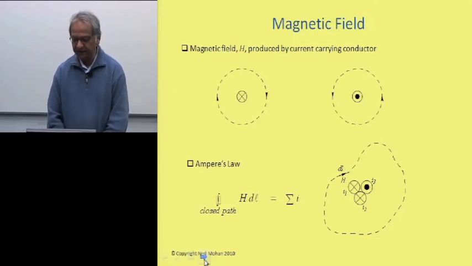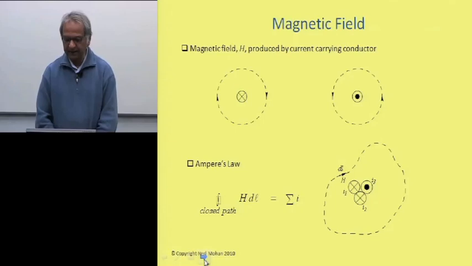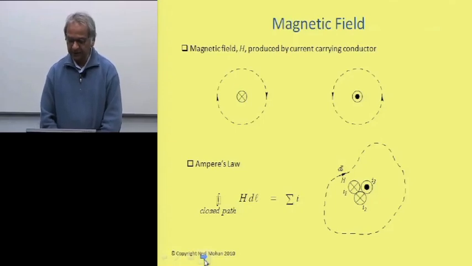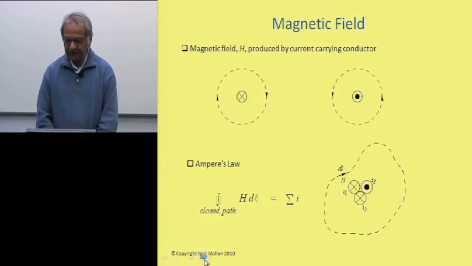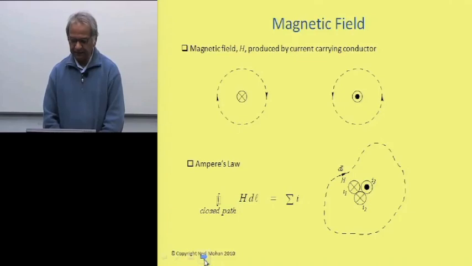Whereas if the current is coming at you, from the plane of this paper or screen, then it is indicated by a dot, the point of an arrow coming at us, and the flux lines are in the